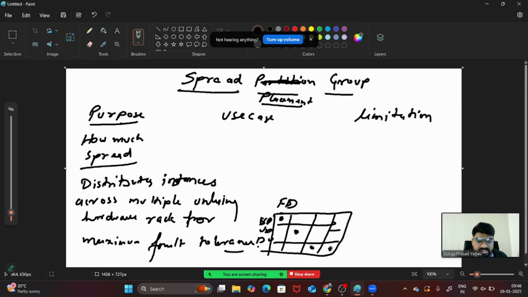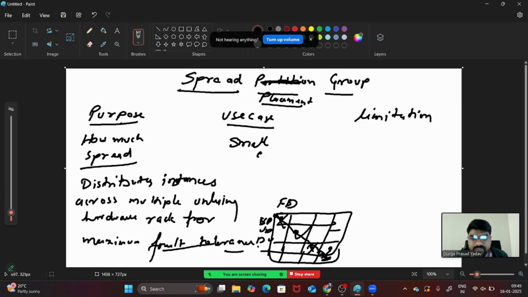You can keep one machine here, one machine here, one machine here, one machine here, like that you can spread, right? So what will happen, this will show your machines have been distributed to achieve maximum fault tolerance. If this one is not working, and these three are not working, at least one will be working, right?